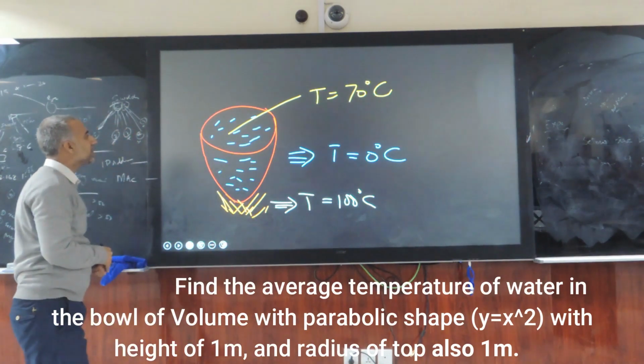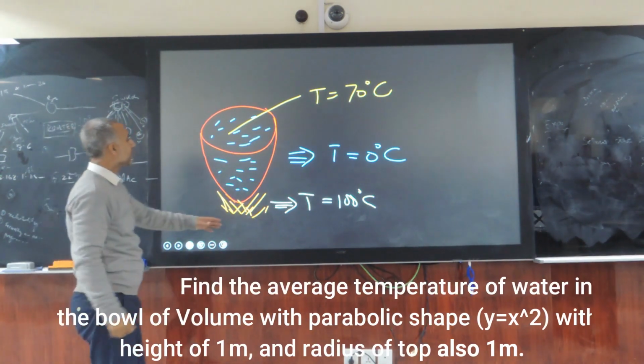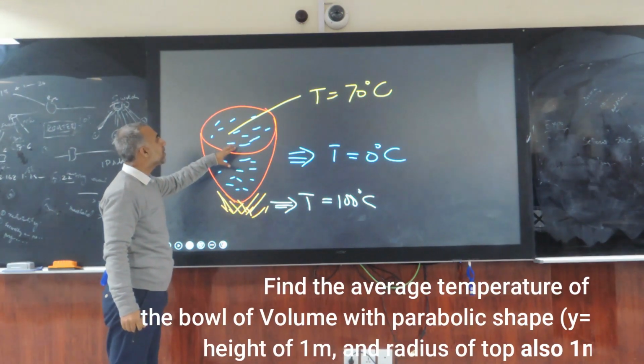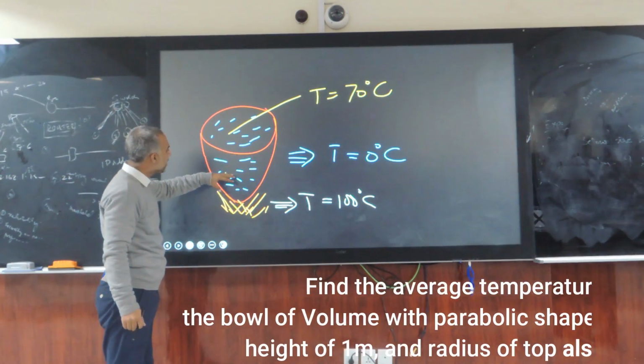Now there are variations of temperature: at the bottom it's 100 degrees centigrade, at the top it's 70 degrees centigrade, and at each